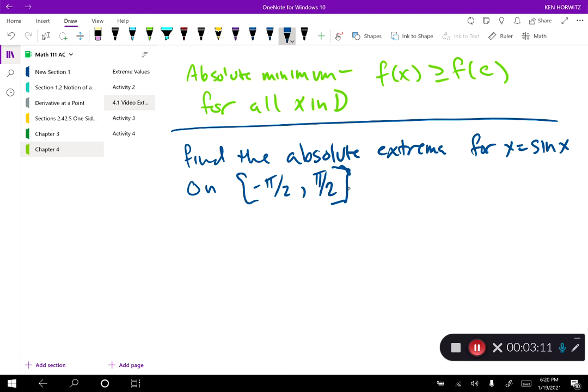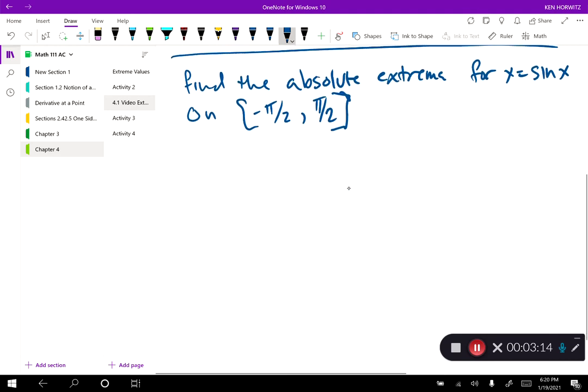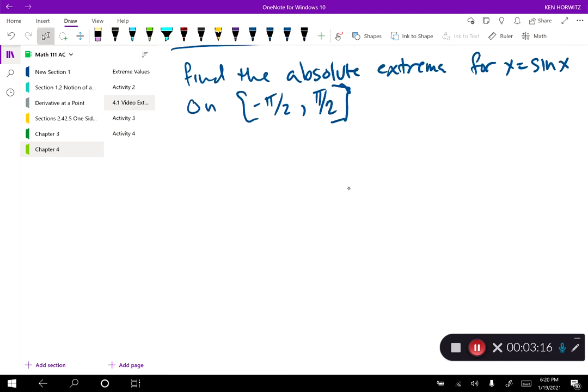And notice it's a closed interval, which means we can land on those. If you have a fairly basic function and a fairly straightforward interval, you can actually just graph it. So if I were to graph this,